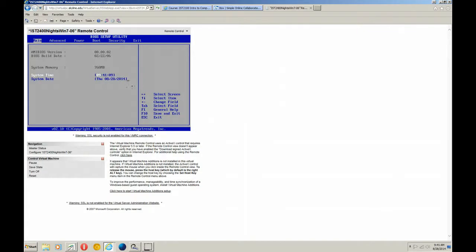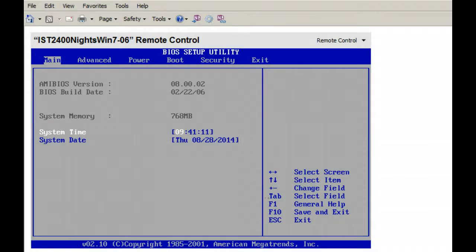Okay, what we have here is a simple BIOS on a virtual machine. When I go in here, the Main tab tells me what it is. It's an AMI BIOS in the BIOS build. You can see this is really old, 2206, so it's been around a while. The system memory, how much is in it, the system time, and the system date. The system time becomes significant with Windows in Active Directory, because if the time on the computer is not within 5 minutes of what the domain controller thinks it is,